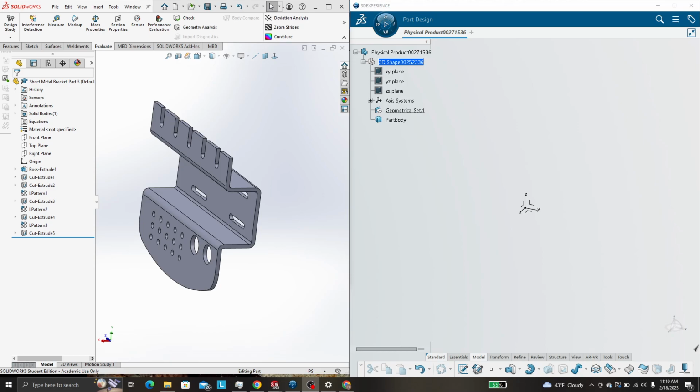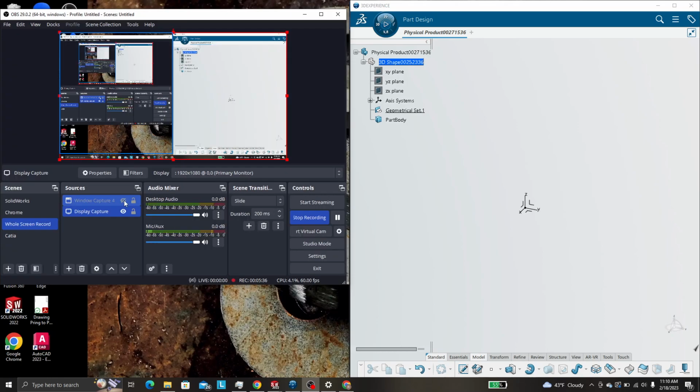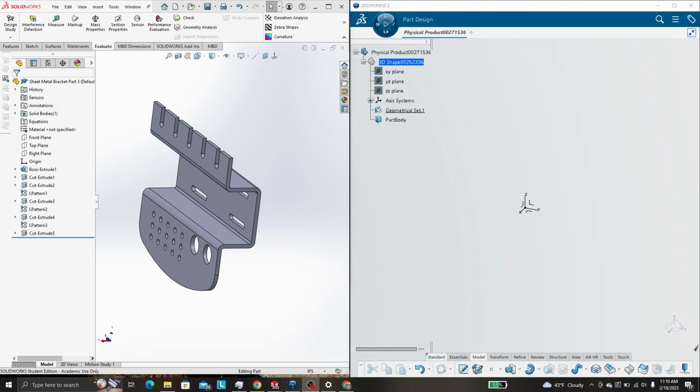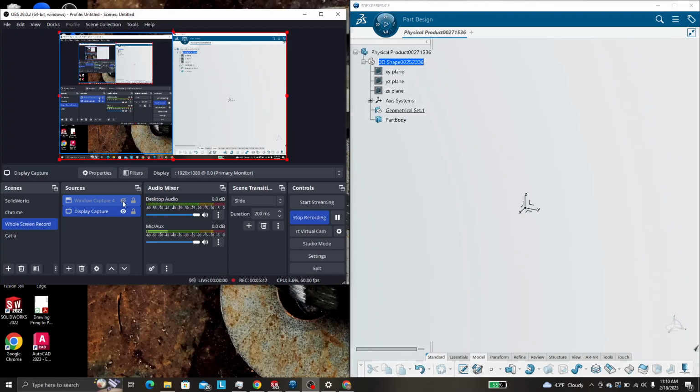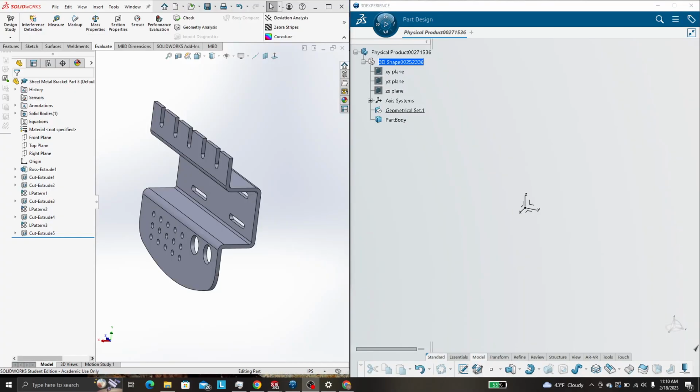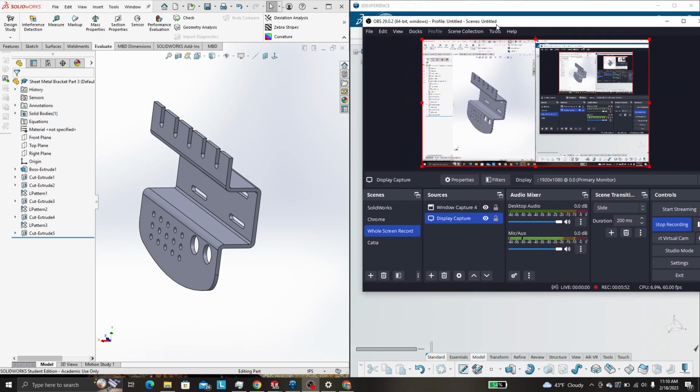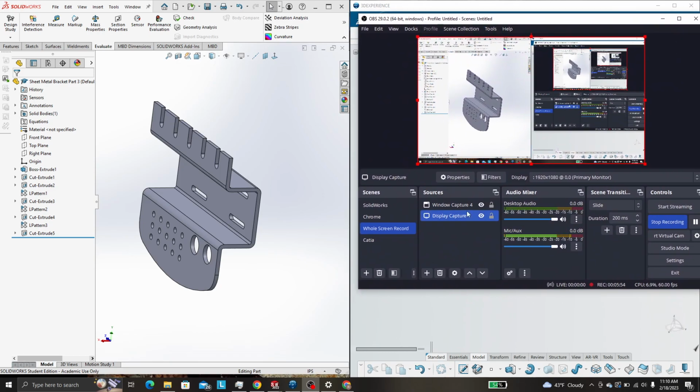And then to crop that, so let's hide. So that's the window capture. This gets rid of OBS. So for you to see OBS, oh, this is getting funky. Okay, I need my OBS to be over here for you to see it. Okay, so we want to add this window capture,